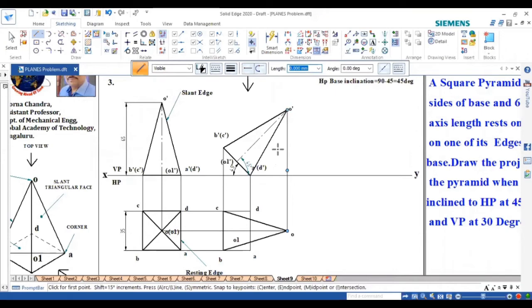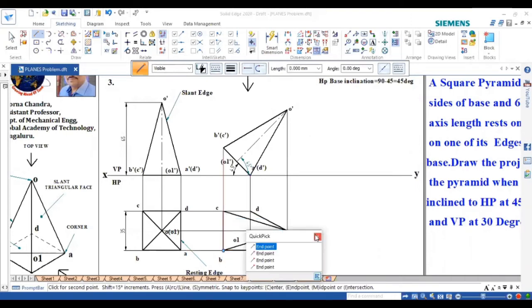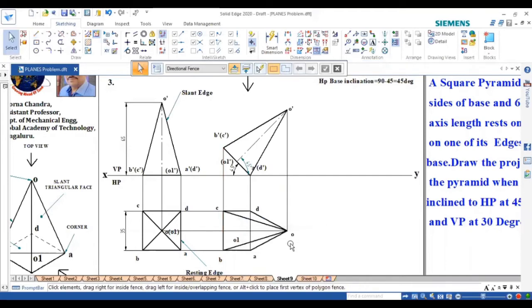So we feel that it is not visible from top, but if you watch here, it is outside edge. It is outer edge, so it should be visible edge, right? So that you need to join here. And again, this AB is outer edge, should be visible, and this D and C is also visible, right? So now, since it is outer edge, OA, AB is visible, BC visible, CD visible, and DO visible. Without any hesitation, we can join that. So here OB, OC, if you watch from top, it is visible, you can join that.